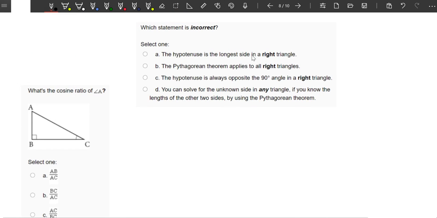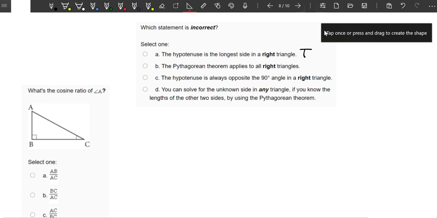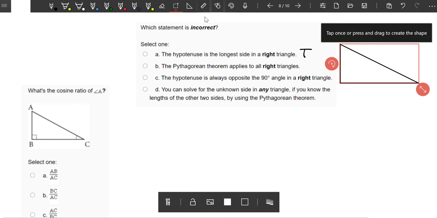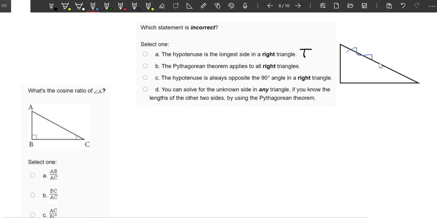The hypotenuse is the longest side in a right triangle. No, that's true. If we have a right triangle, the hypotenuse is always going to be this line right here, and it has to be the longest side. There's just no way around it. If that's the right angle, that has to be the longest